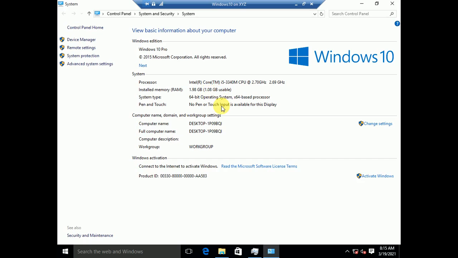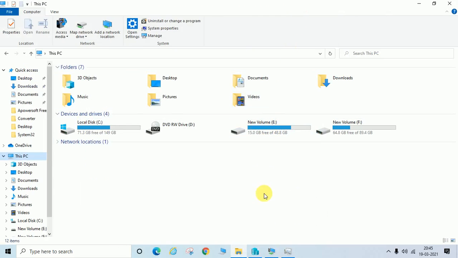So you can see the difference between both: the Windows 10 Pro not updated to version 20H2, and another one which is updated to version 20H2.